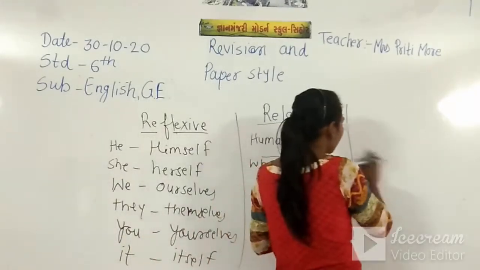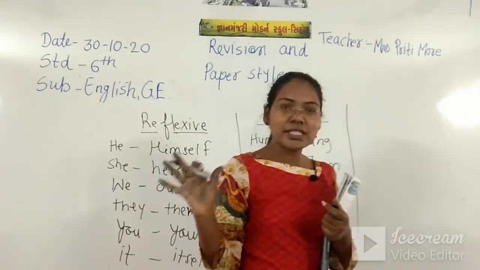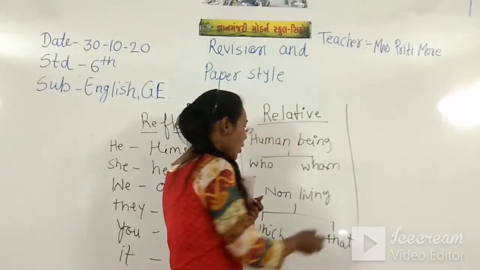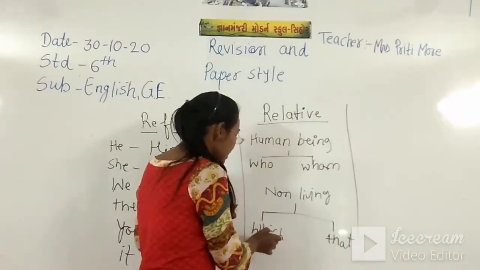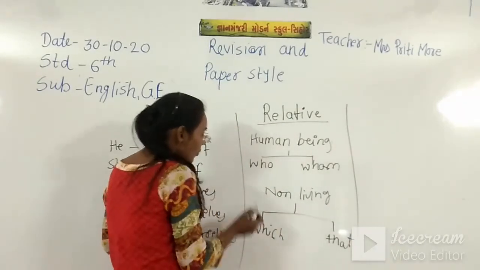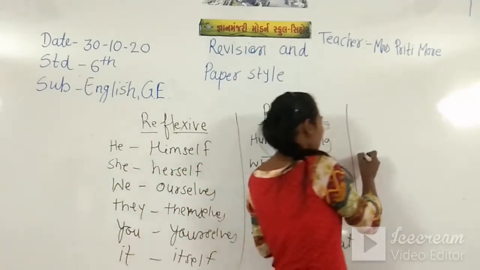For newspaper, if the newspaper, table, these things are there, so which relative pronoun do we use? Which or that. If which is there and who is there, and the subject is a non-living thing, that means